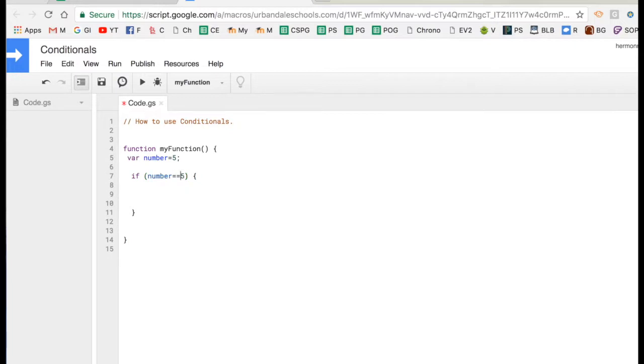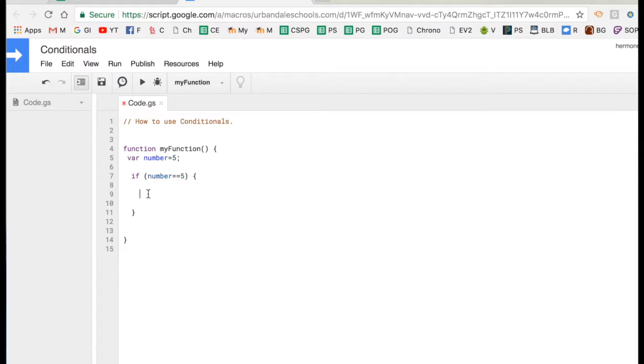And that will cause you problems. You will have code that doesn't work, and you'll get errors, and you'll have to remember that, oh yes, one equal sign when I'm assigning a variable to something, two equal signs if I'm checking to see if something equals something. So it's really important. If I want to see if some variable equals something, then in the condition I need to put two equal signs. So I could do if number equals 5, and then I